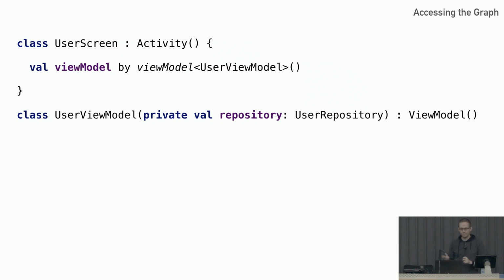What we can do instead is use a by view model delegate, and this is again an extension upon lifecycle owner and another Android thing, and it adds a listener to the lifecycle, bypassing view model providers entirely, and observes the lifecycle and just automatically destroys the view model when that lifecycle goes into the destroyed state.